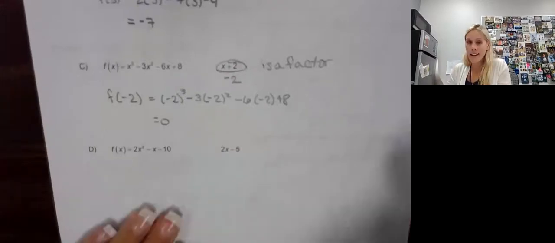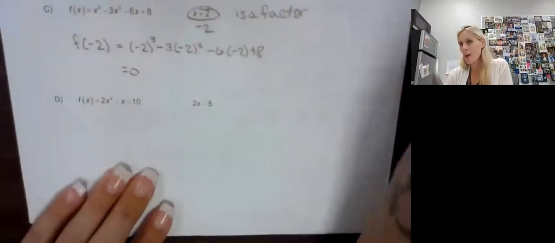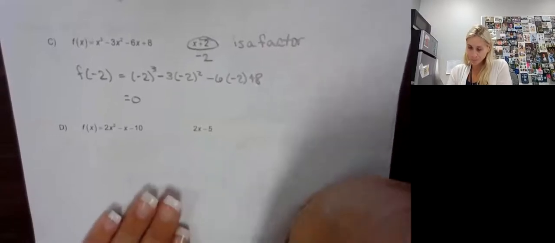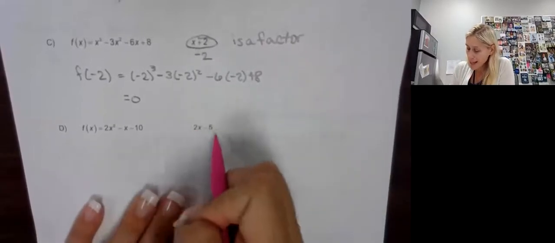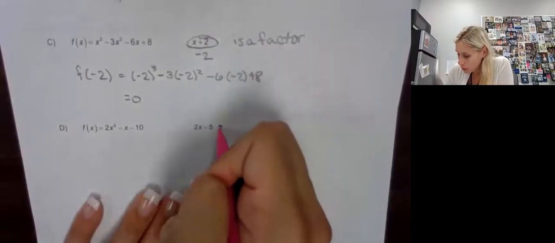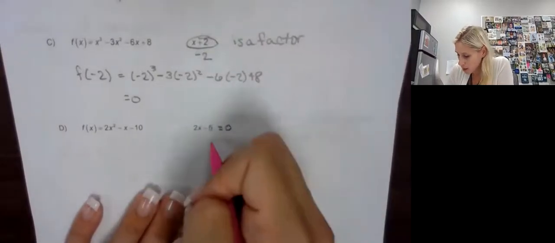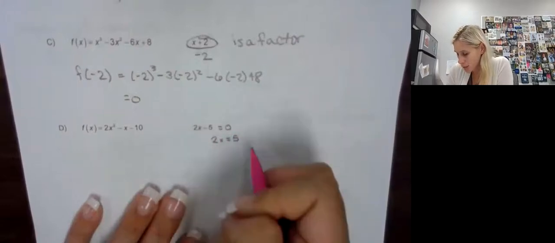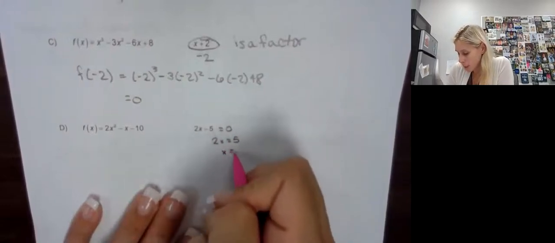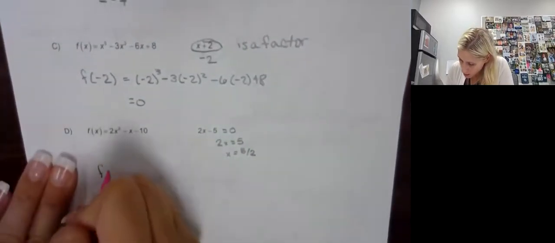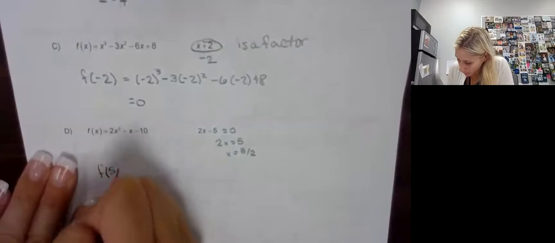Okay. All right, this one gets tricky, right? Why are we doing so many problems when it's the same thing over and over? Well, again, what makes this 0? Some of you who can't see it right away, you want to make sure that you set it equal to 0 and solve. So you add 5 to both sides and then divide by 2. So what I'm testing out is this 5/2. So I'm plugging in 5/2